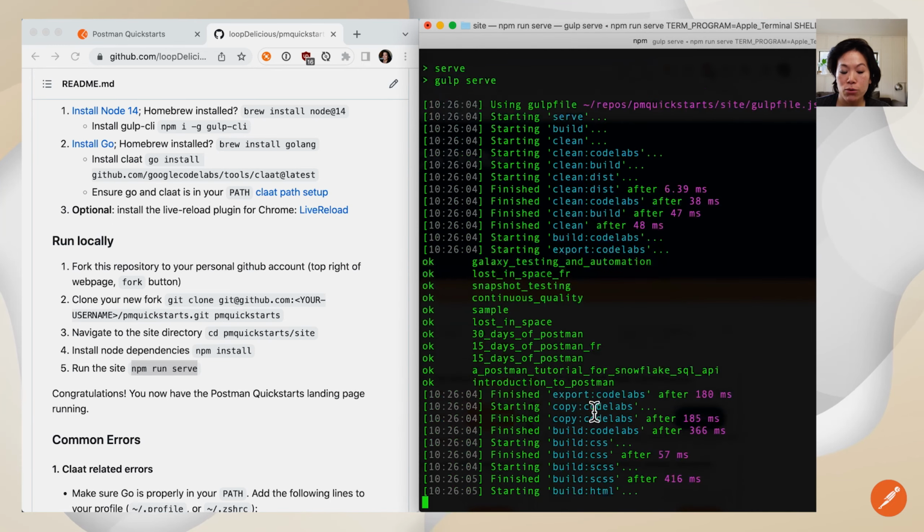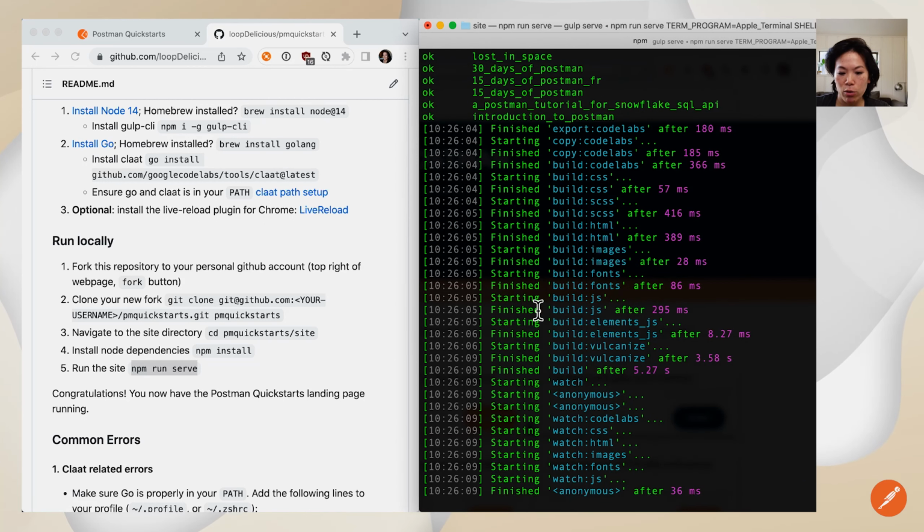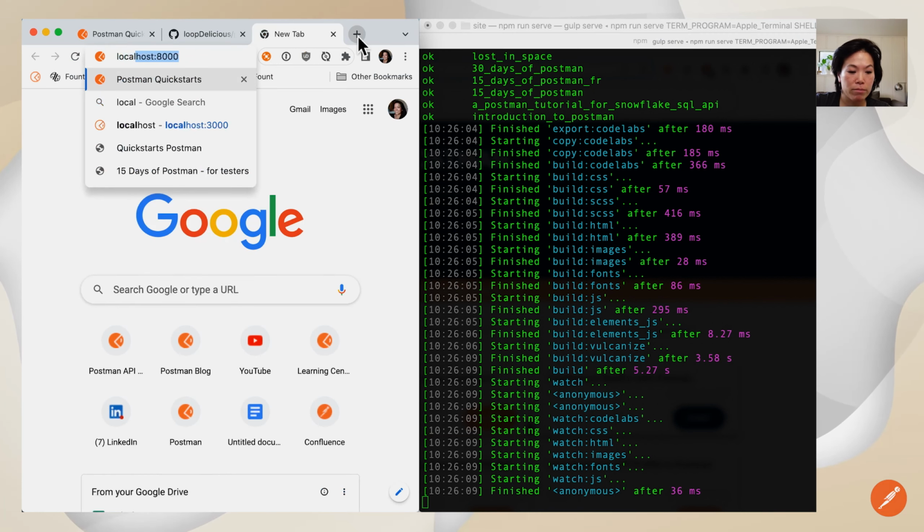Gulp serve. You can see the command line building all of our modules. This should be pretty quick in there. It looks like it's finished. So if we go to localhost, port 8000,